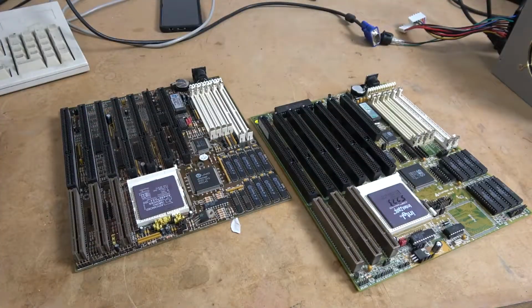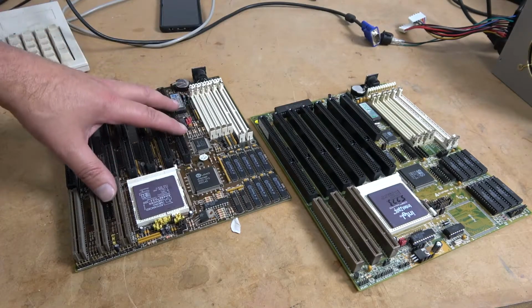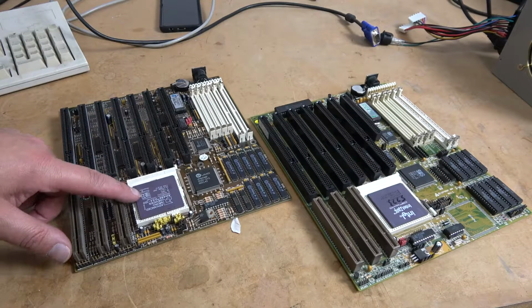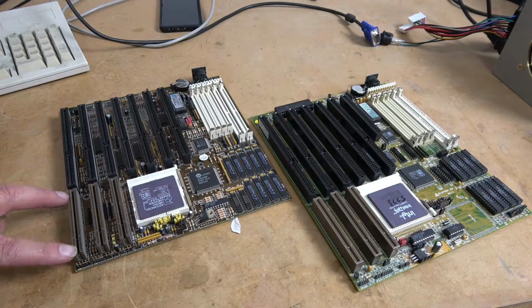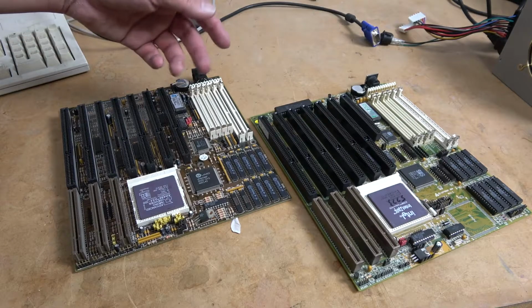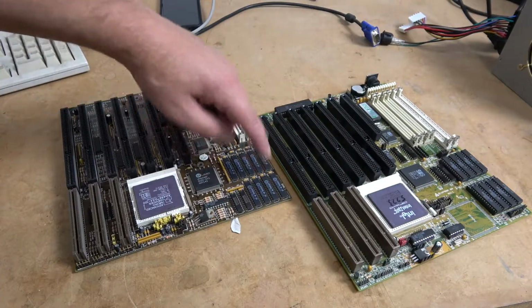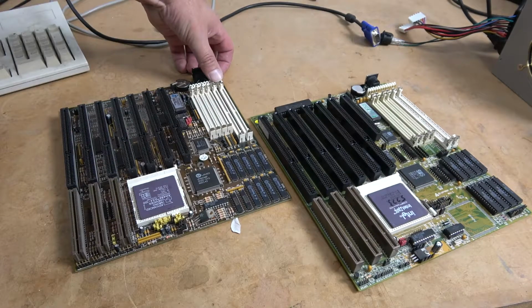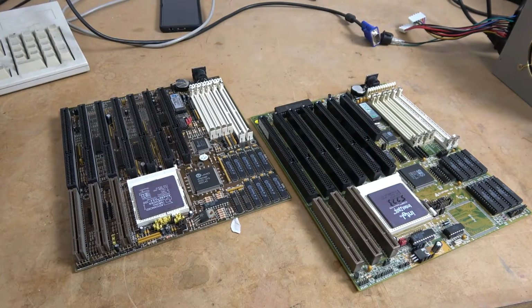So we've learned a lot of things by exploring the Hardware Asylum Vault. One is that this particular motherboard is really not that great. While it does have the AMD DX4 120 MHz processor and a VL bus enabled motherboard, the board itself is really not that great. We have fake cache, or what appears to be fake cache. It's soldered onto the board. We do have 72-pin memory support, plus the 30-pin SIM memory support, and again the VL bus,